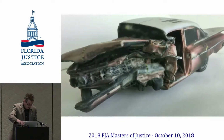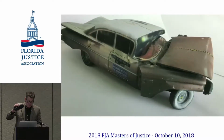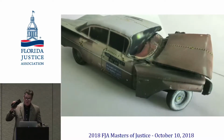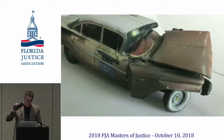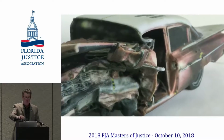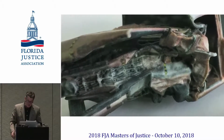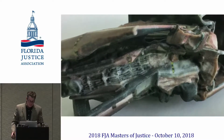This 3D printed model is 8 inches long, and as you see from the video, was in a severe crash. You were able to take the data from a 3D Faro scanner and other types of 3D scanners to create a physical forensic exhibit. Many collision reconstructionist experts already have the data you need to make a print, but if